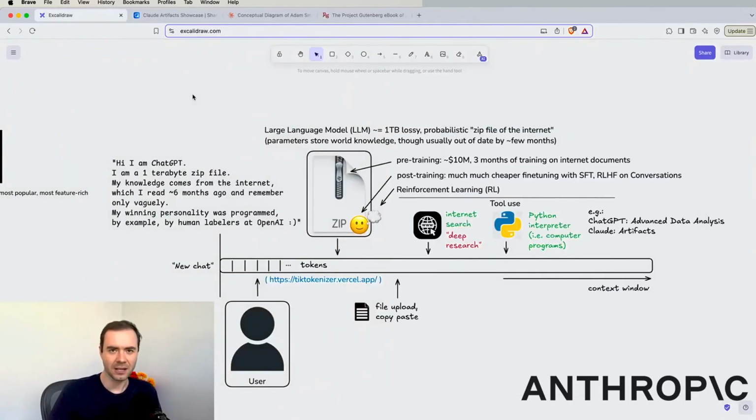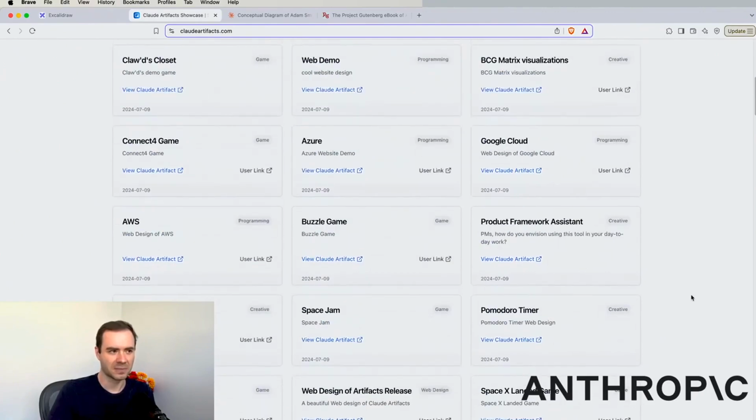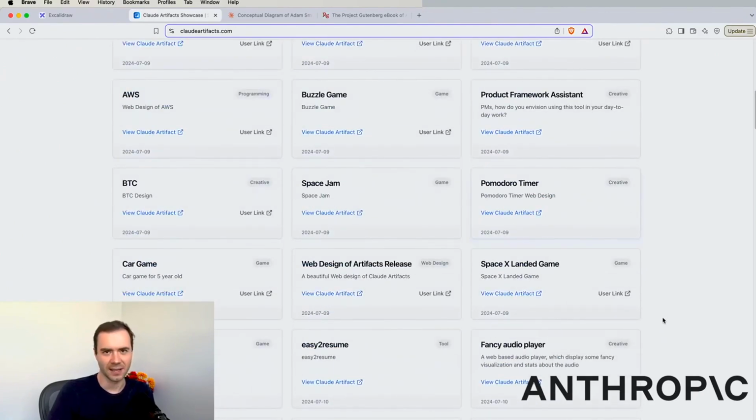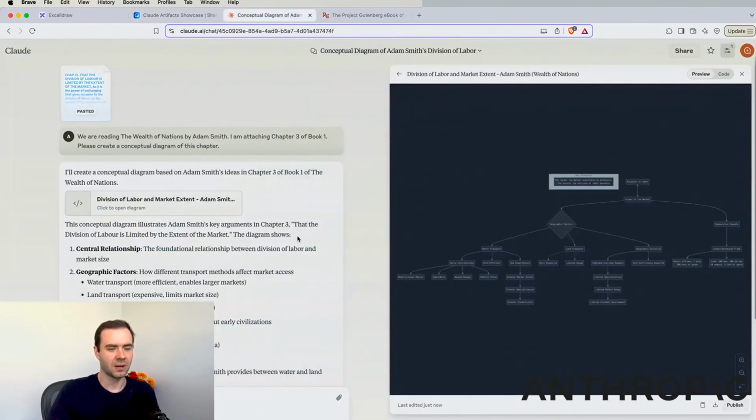Now, to be honest, I'm not actually a daily user of artifacts. I use it once in a while. I do know that a large number of people are experimenting with it, and you can find a lot of artifact showcases because they're easy to share. So these are a lot of things that people have developed, various timers and games and things like that. But the one use case that I did find very useful in my own work is basically the use of